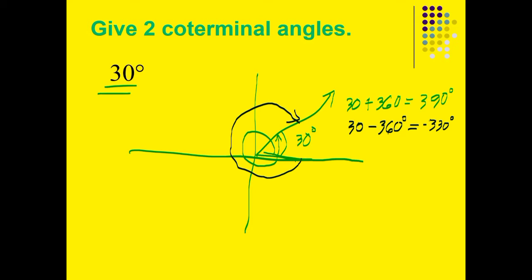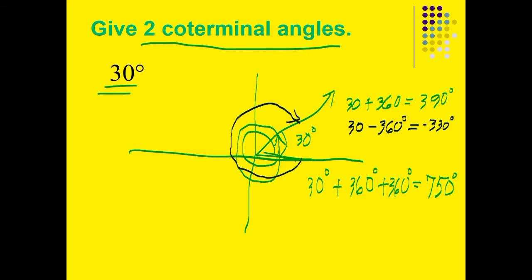Like this one. If we're going to extend further about this one, another set of rotation: 330 degrees plus 360, the first rotation, and another set of rotation, we come up with 720 plus 30, and that is 750 degrees. Because based on the objective that we have, we're only to give two coterminal angles. Just choose whichever among the three, it's still the same.